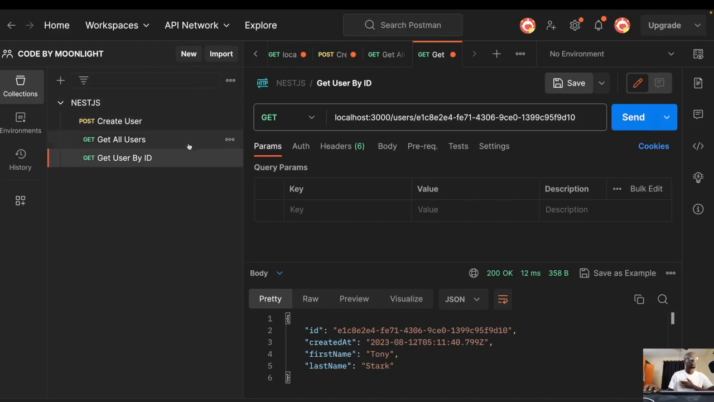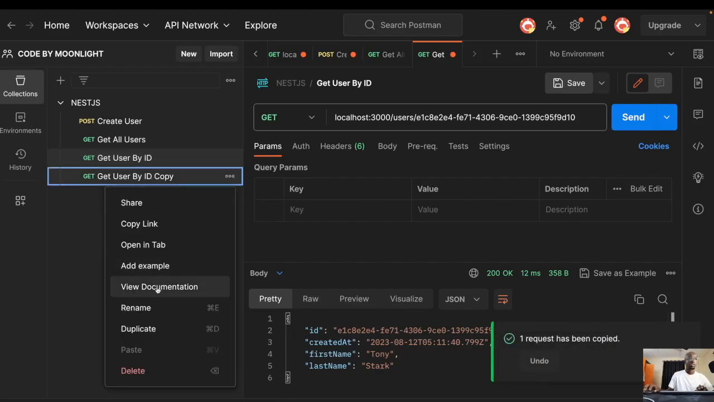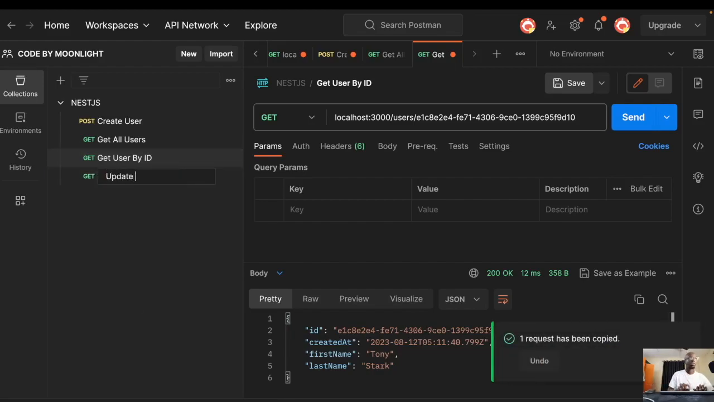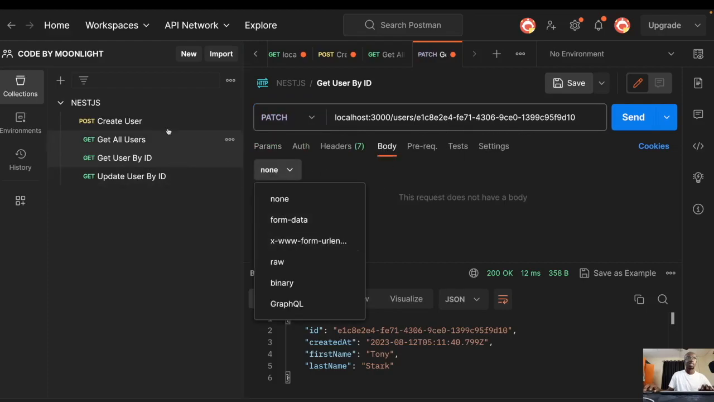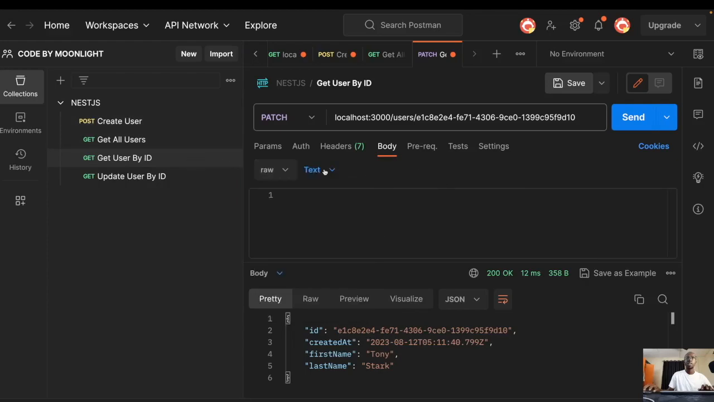So which other endpoint did we have? We had an update user. So I'm gonna do this. I'm gonna say that was Ctrl D, right? Command D, update user by ID, and this is gonna be a patch call. We have to specify the ID, and along with that, we have to specify the properties we are gonna update. Let's say we're just gonna update the last name to